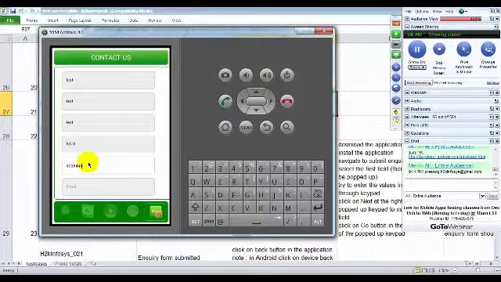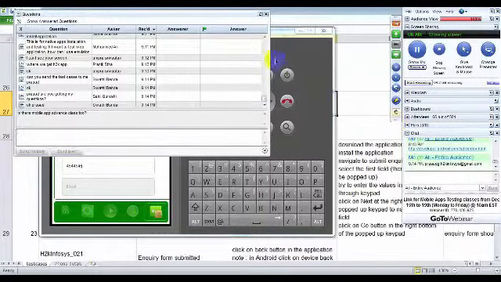See, I am trying to enter alphabets, but it is taking only numbers. If you are trying to enter alphabets and it does not accept them, this is a defect.